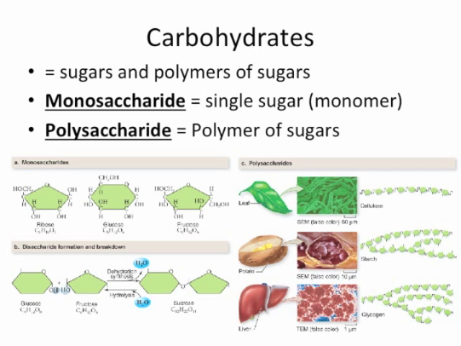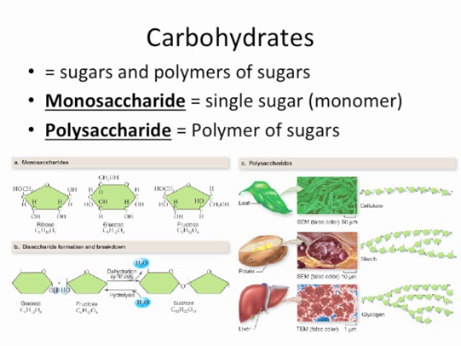Okay, so now we're going to start going into the different classes of biomolecules, and we'll at least get through carbohydrates today. We might not get to the other 3 completely today. Carbohydrates, which many of you have heard about, are very important molecules in our lives. They make up a lot of our diet, right? They are sugars and polymers of sugar. So sugar will be the single unit in a carbohydrate, and then you can link it together into a polymer of sugar.